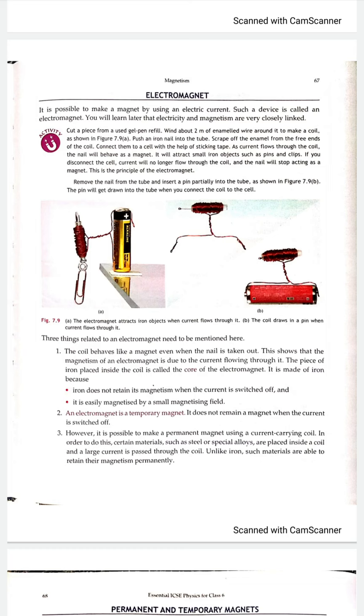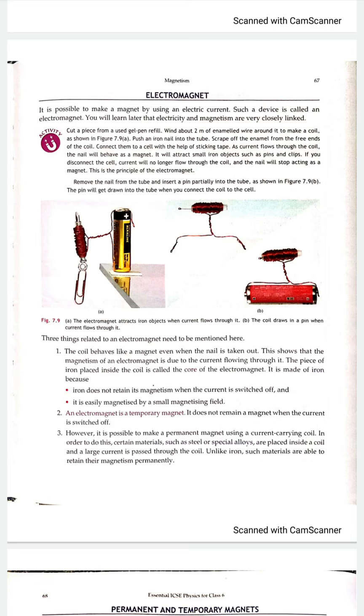But as soon as you switch off the circuit, that means as soon as you remove the connection of the wire from the cell, current will stop flowing and it will lose its magnetism. So this magnetism which is arising in the iron nail is due to the current flowing inside the circuit.